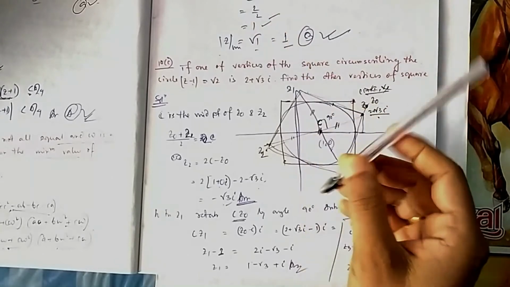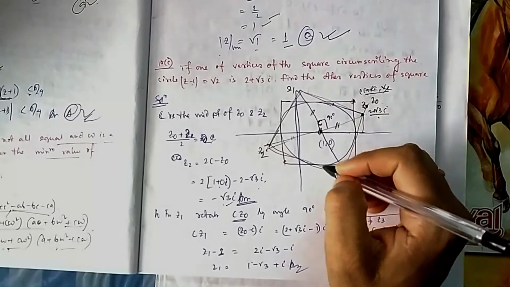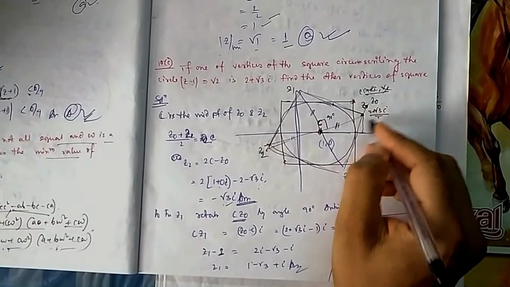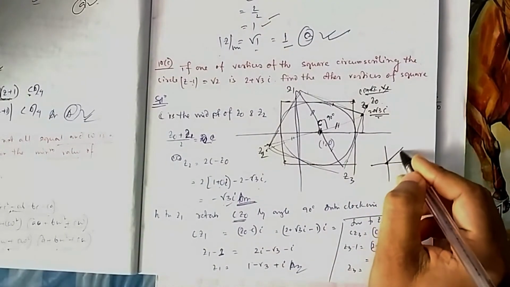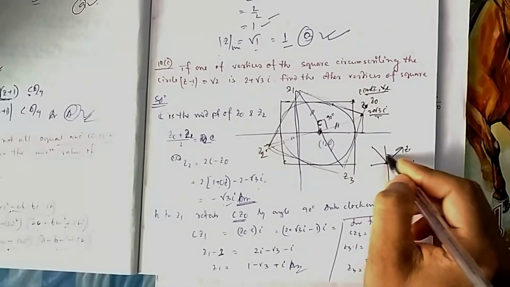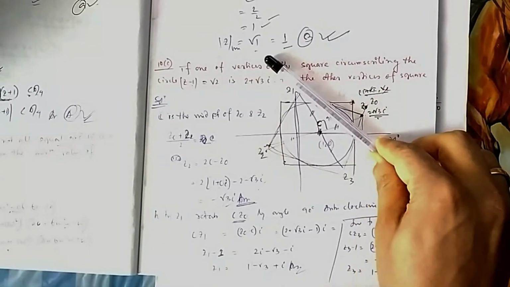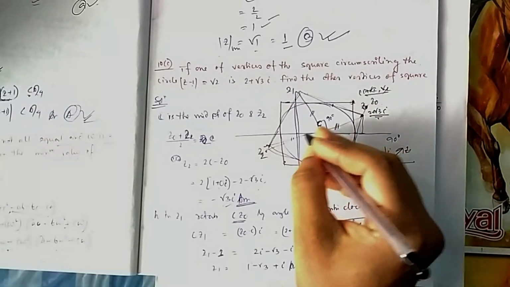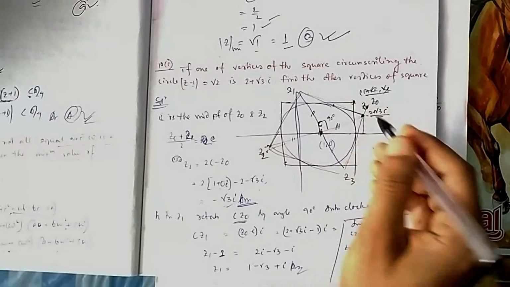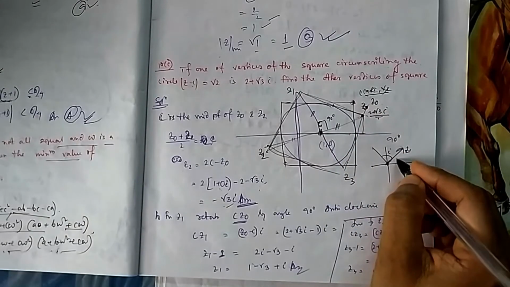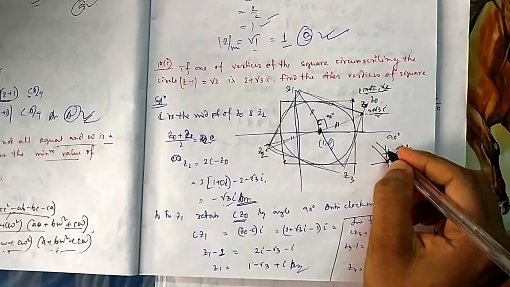Now for this one, you rotate this vector by 90 degrees. How to rotate a vector by 90 degrees? By multiplying by i. Now what is this vector? This minus this. If you simply multiply by i, then this position vector will get shifted by 90 degrees through the origin. But this is not a vector from the origin, so you cannot directly multiply i with this point. If you multiply this point, then it will be shifted, but I need to shift this line. I need to find this line.